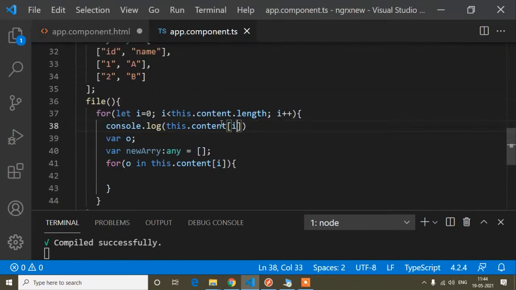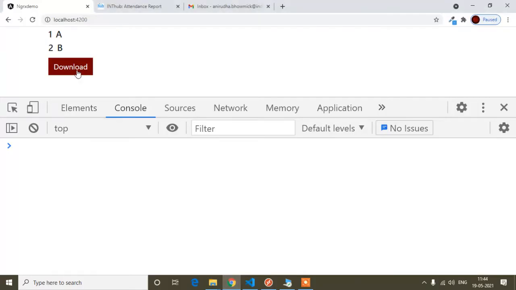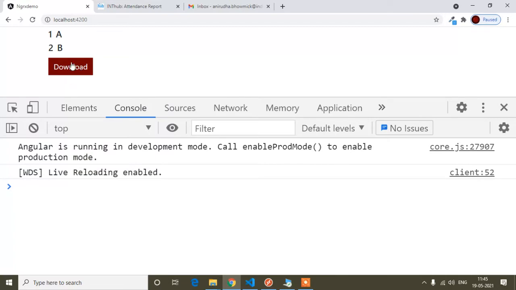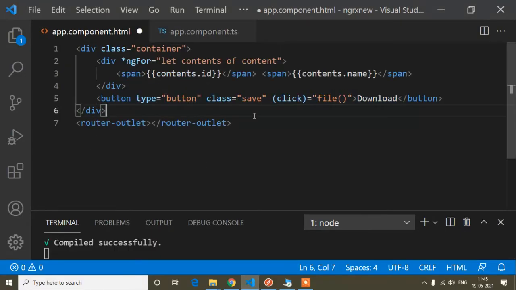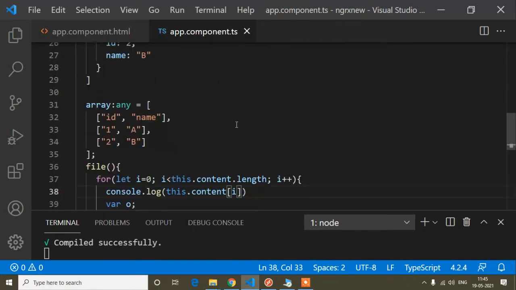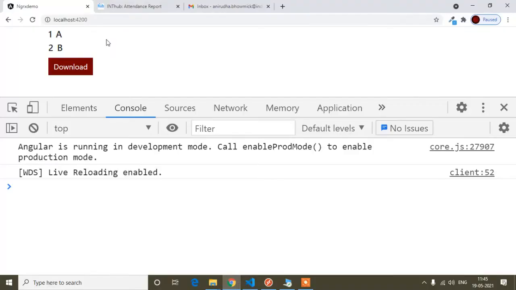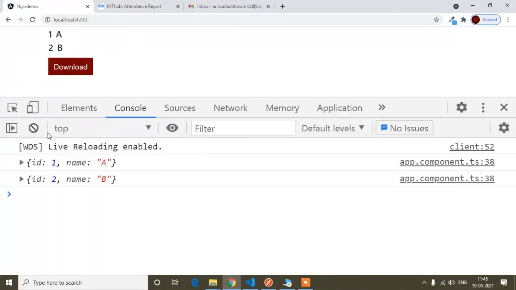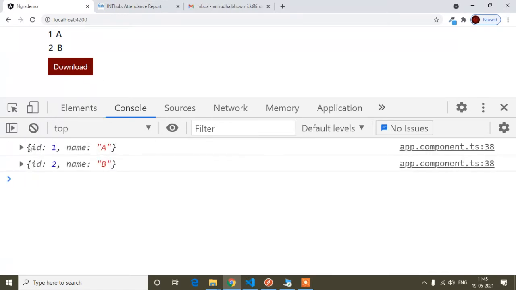So here if I click this download button, it's not working. I think I forgot to save here. So let's see, actually I forgot to save. So here you can see the data is coming this way, object and object.